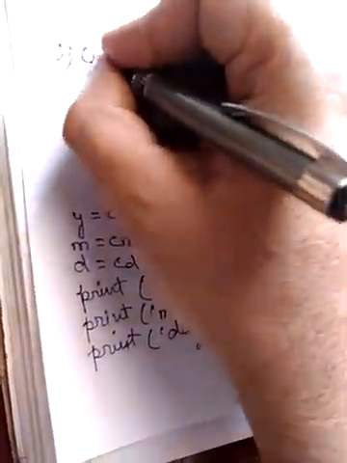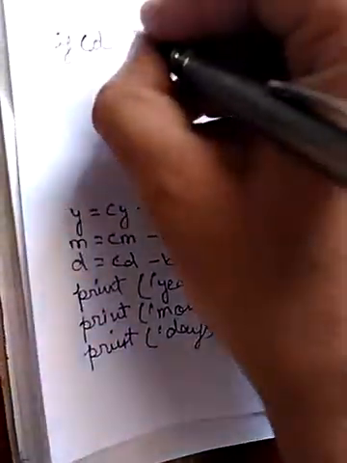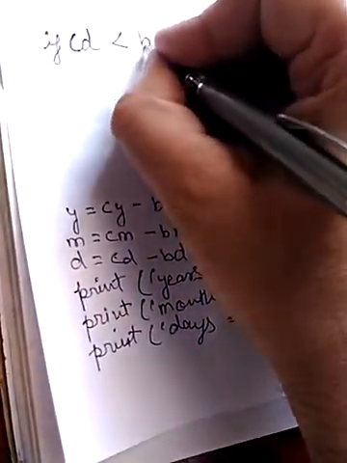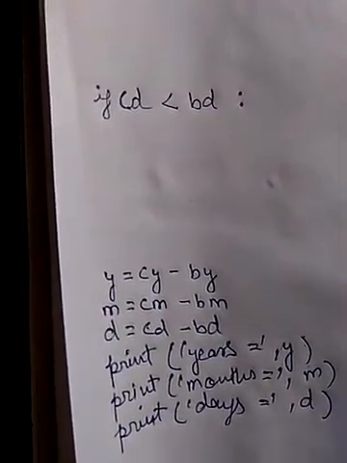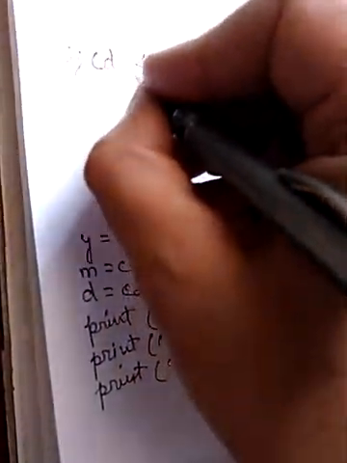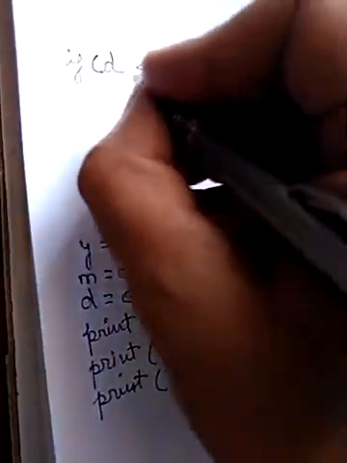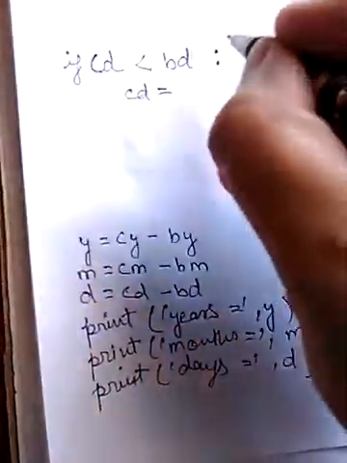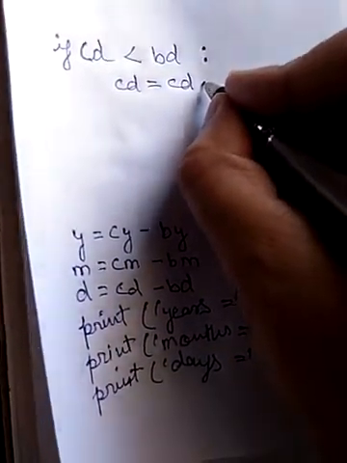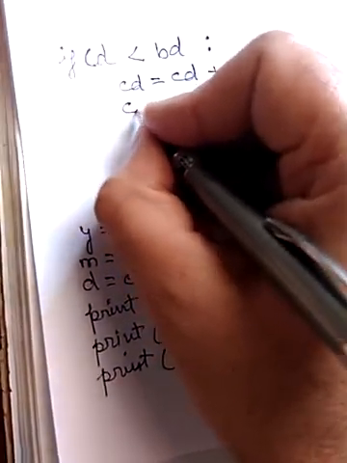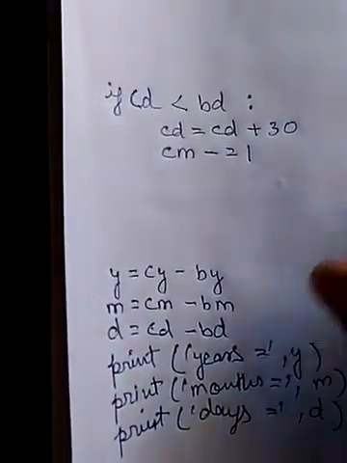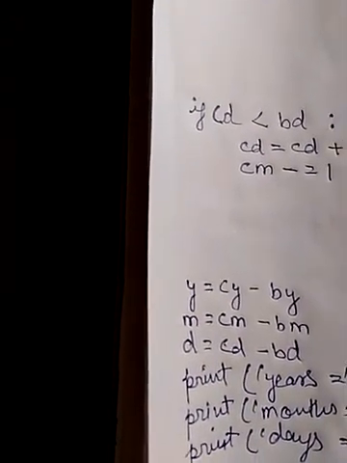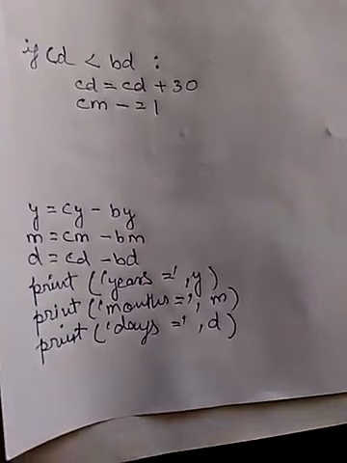If the current date is less than the birth date, then what will happen? What I have told you earlier: add 30 in the current date, that is, current date equals current date plus 30, and current month minus equal to 1. Means we have subtracted one from the current month. In the same way,